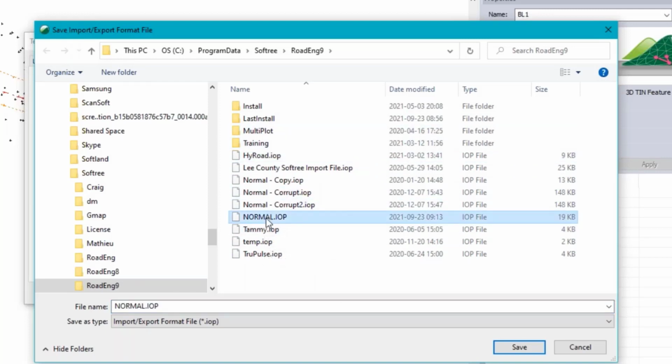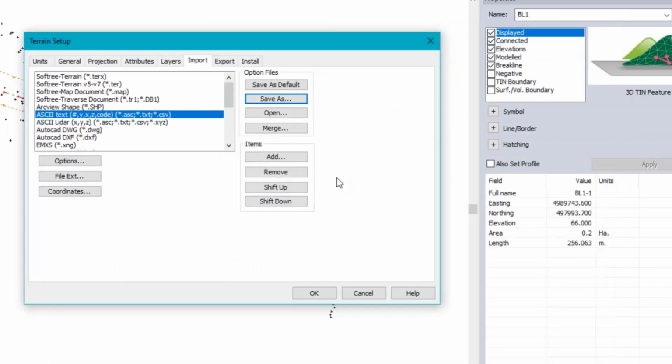Normal is the default setting file. So if you update that, that will be used for new terrain files. And if you want to do a save as, you can give it any name and write over it. However, I recommend that before you do a save as, if you want to use the merge operation on some other computer, or if you're sending it to a colleague, get rid of everything except the one you want to